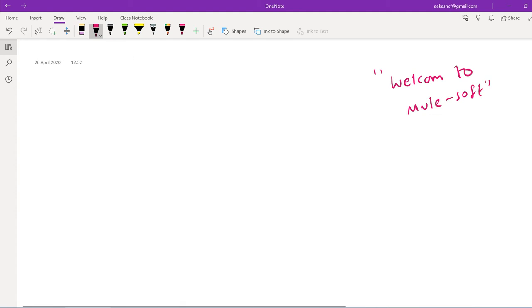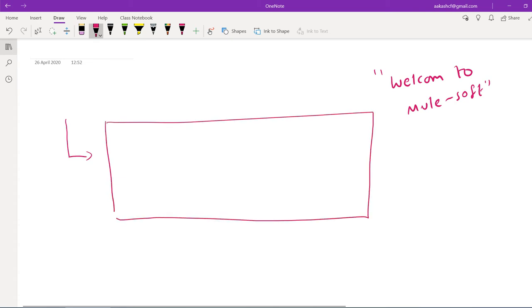So I assume that I am giving some HTTP request. I'm going to design some Mule application. Assume that this is a Mule application. So I'm getting some HTTP request. Now this HTTP request should be listened to by some component. This component is listening for incoming requests on a port, by default 8081. Right? Now what is this component doing?